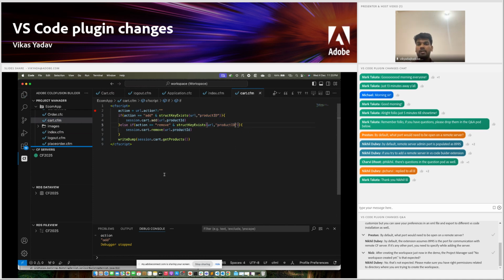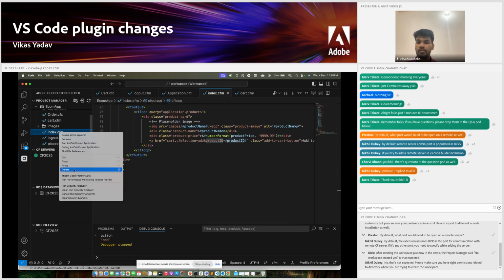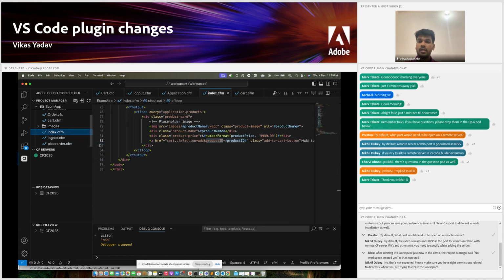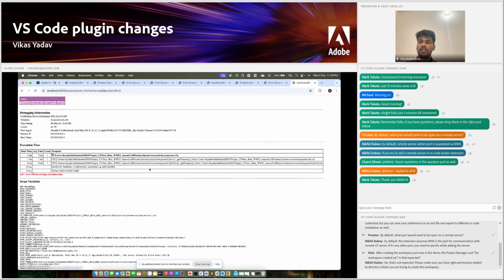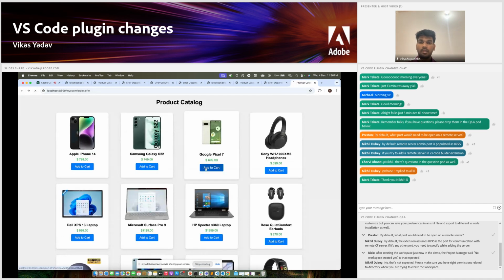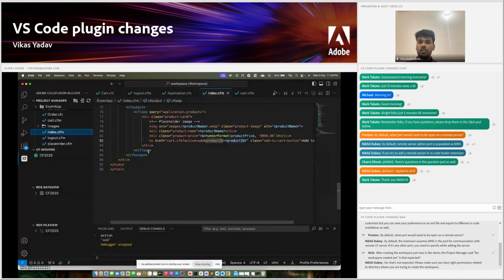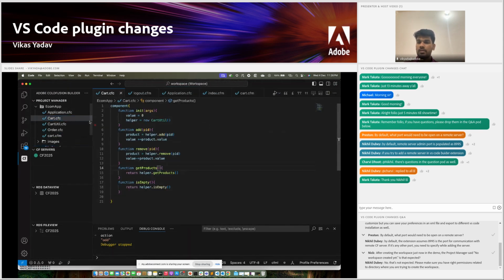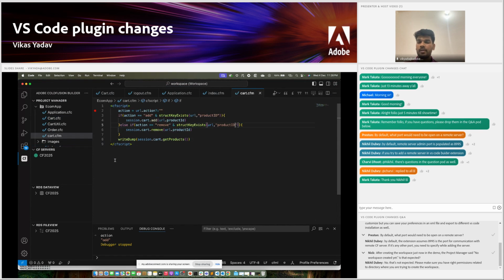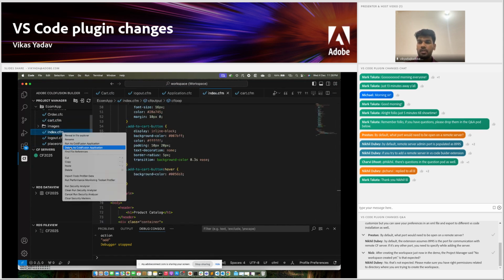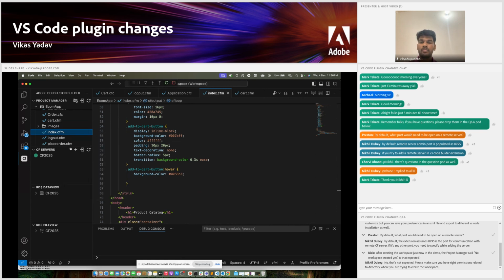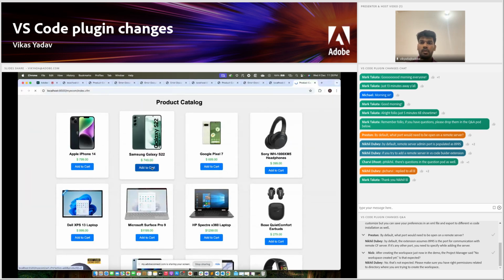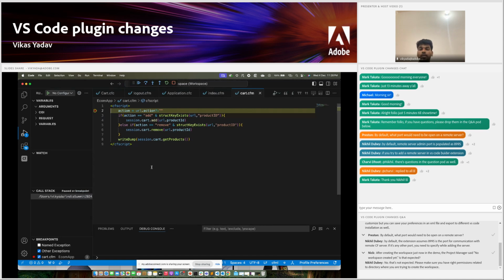So now what we'll see, the product will get added to index.cfm. So now if I run the application and add to cart, still they are not getting added. So what we'll do, we'll again do a kind of debugging. Cart.cfm, it's already there. So we'll just click here, debug as ColdFusion application. So when you click on add to cart, we see the debugger point coming here,